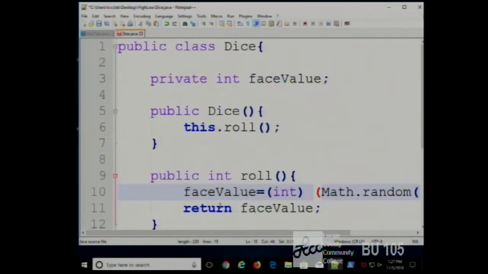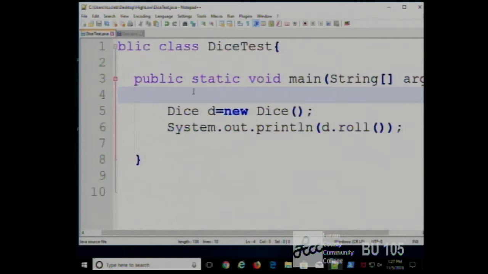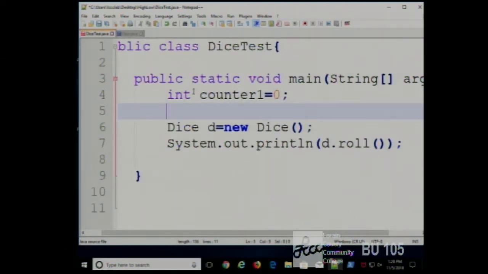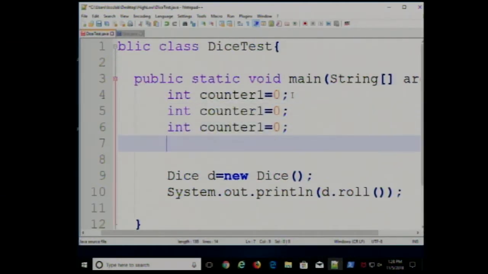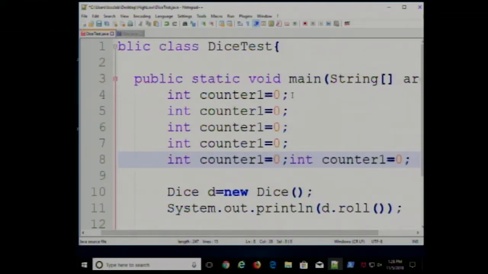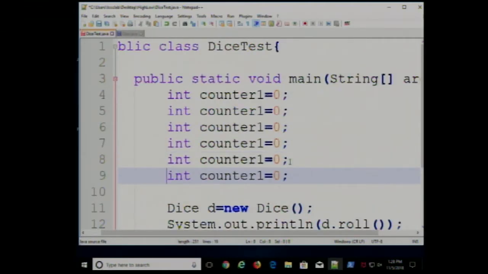So what I'm going to do is I'm going to create in my test class. Now, I've said before, you don't necessarily try to write a test class that's great. You can just get one that works. So in that spirit, I'm just going to write int counter 1 equals 0. Create 6 counters. I could make an array without too much sweat, but again,